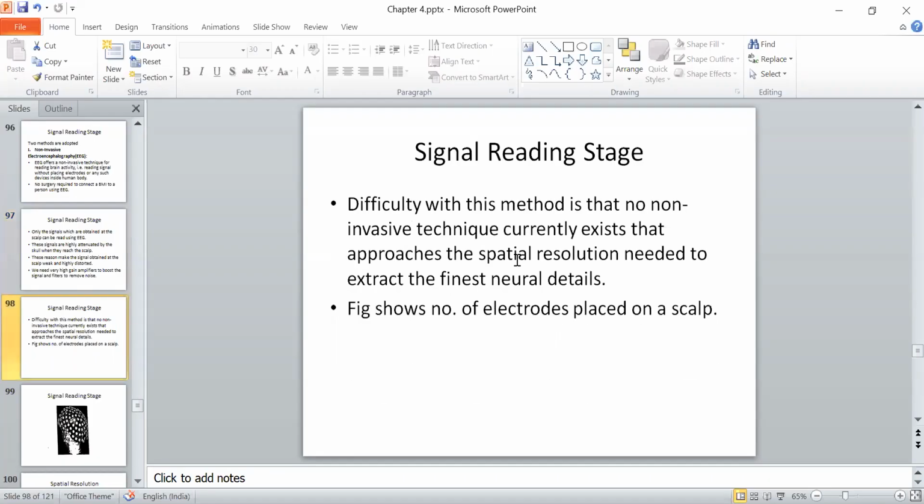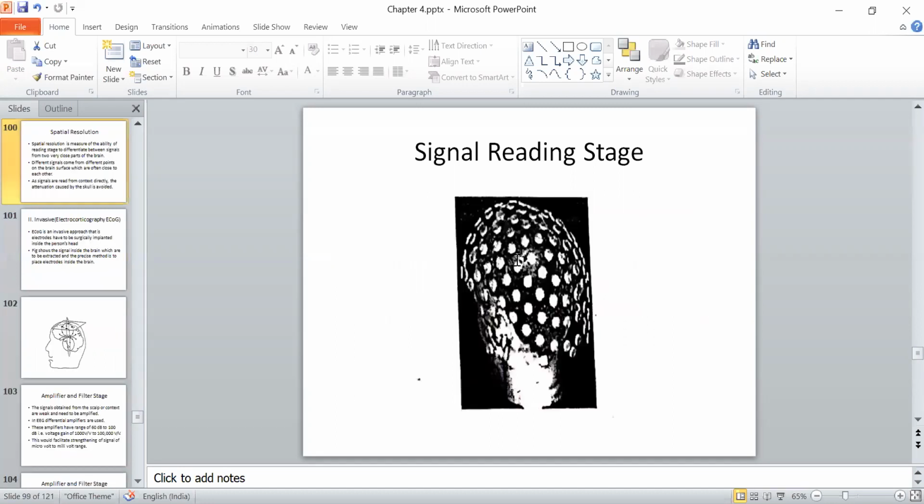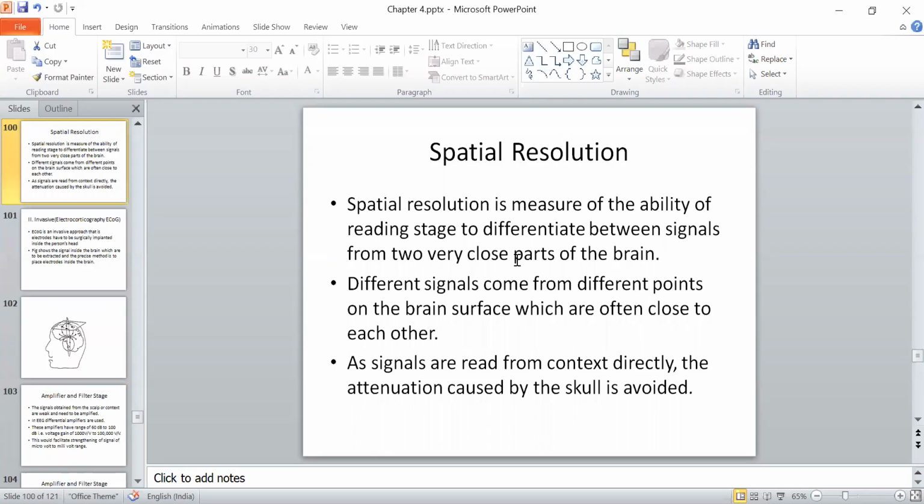तो इस सिग्नल के अंदर स्पेशल रिजोल्यूशन जो है वो बहुत ज़्यादा नहीं होता है. ठीक है, so the second technique, so as I've already told, what is a spatial resolution? It is the ability to read the signals, to differentiate the signals which come from the one part of the brain. तो ऐसा सेट कि हमें ना केवल ये पता करना है कि सिग्नल फ्रंट से आया है ब्रेन के या बैक से आया है, हमें ये भी पता करना है कि अगर फ्रंट से आया है तो दो नियर बाय सिग्नल्स के बीच में हम डिफ्रेंशिएट कर पाए. So that is called as the spatial resolution, ability to differentiate between the signal from two very close parts of the brain.